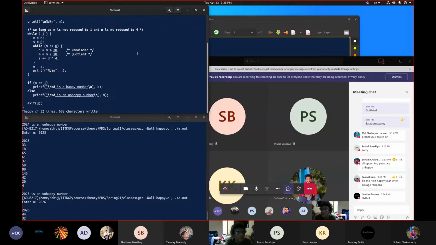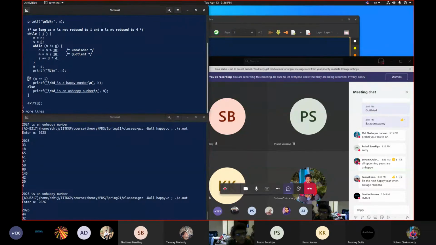Okay. So I have used something called while 1. So 1 is a condition, 1 is a value which is non-zero. So this is basically an infinite loop. Agree or not? So this condition 1, which is a constant condition, this is always true. So this basically is going to be an infinite loop. But then my desire was not to have an infinite loop. So what I will do,